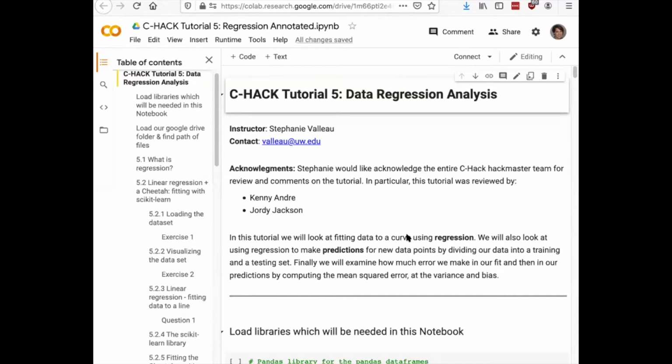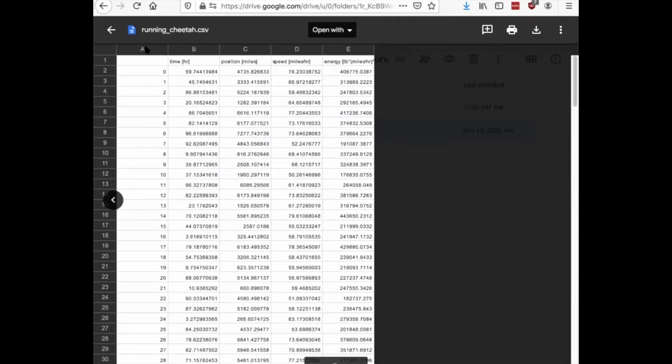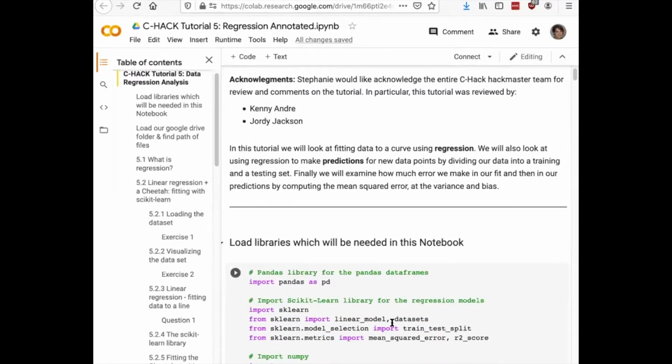So the first thing I wanted to check is that we're all able to load files. So if you look into tutorial 5, I don't know if you can see that I switched tabs. If you can't see that I switched tabs, put up a thumbs down if that exists, or shout out to me, unmute yourself and let me know. But in today's tutorial folder, you'll see that there is a Python notebook and a CSV file. If we double click on that CSV file, you'll see that you have a list of indices and 4 columns. So our goal is to load that file in the notebook because we're going to do regression based on that data. So if we go back to the notebook right here,